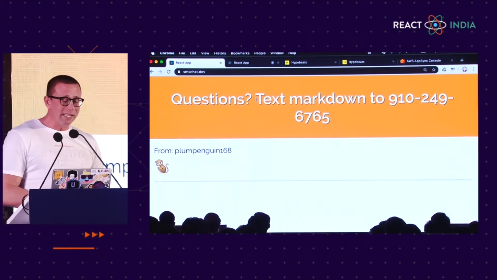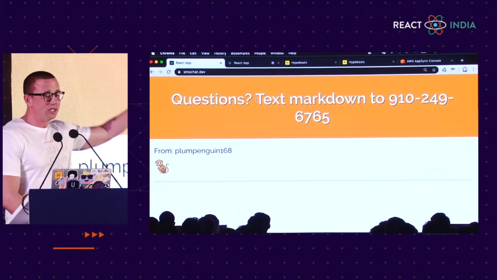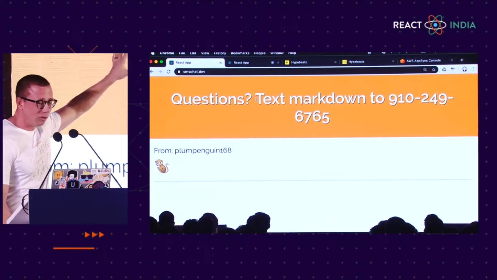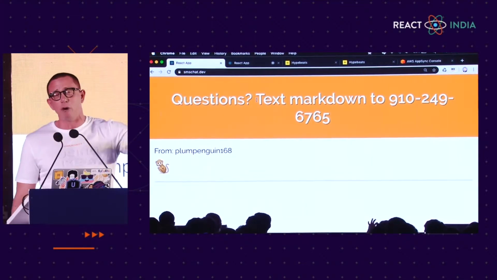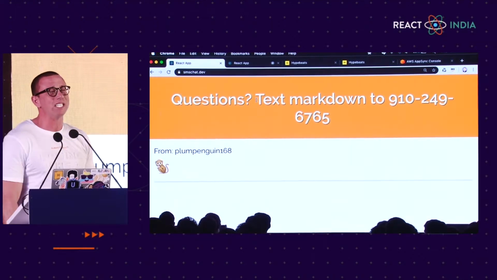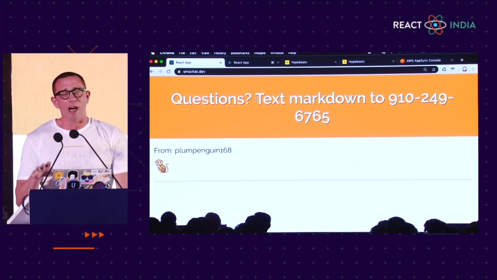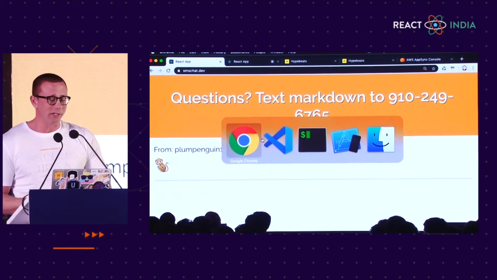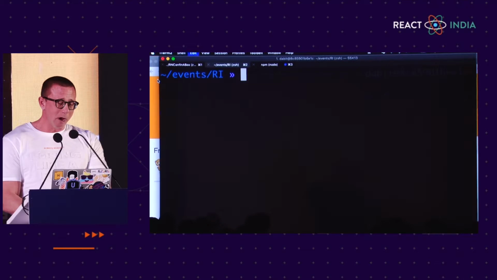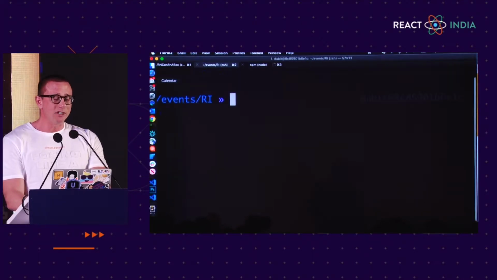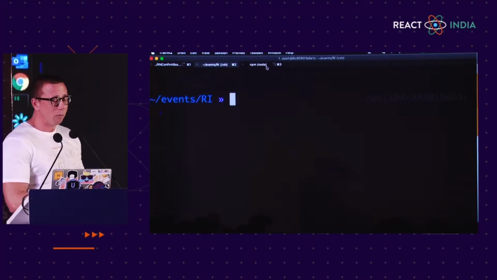And during this talk, I want to challenge you to send a text message to +1 910 249 6765. If you can't remember that phone number, you can go to smschat.dev. I'm going to walk through how this is built in just a second, but it's actually built using GraphQL as well. So for the demo, what I want to do is I'm going to be starting in an example React